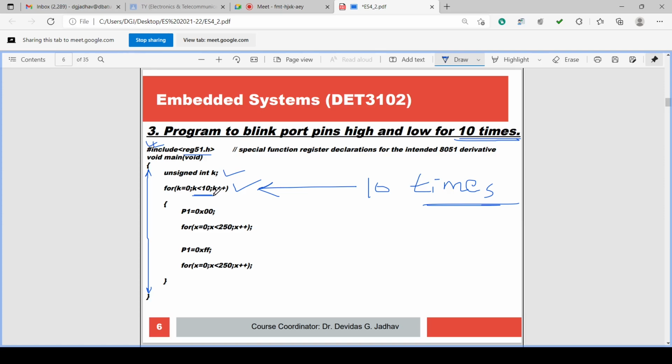So this block will not be executed and it goes out of the block, and the program will stop. So it will execute for 10 times only.